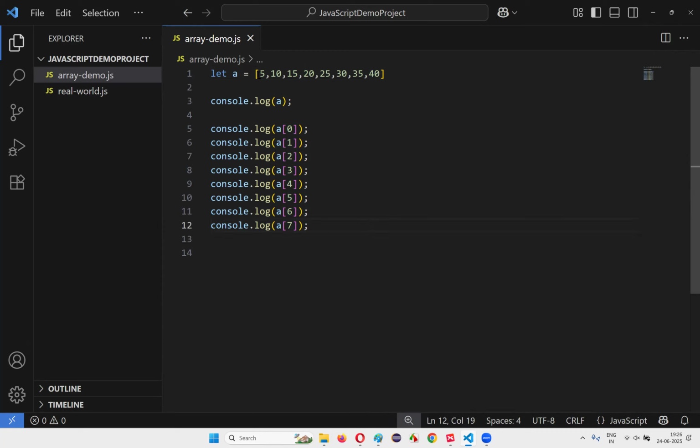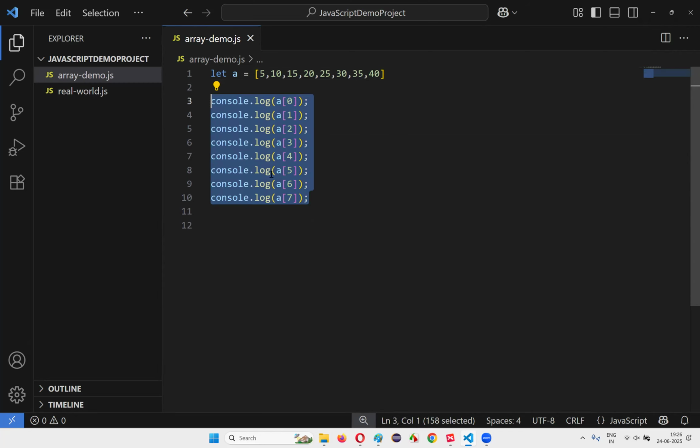But here, for each and every element of the array, I have used this indexing concept. So what I am going to do right now is, instead of writing this many print statements for accessing each and every element of this array, with indexing starting from 0 to 7,